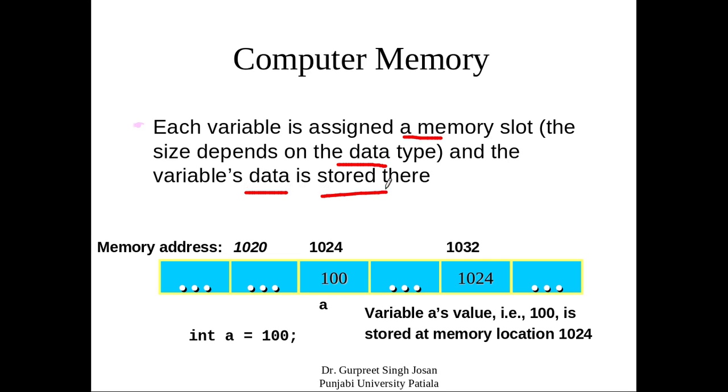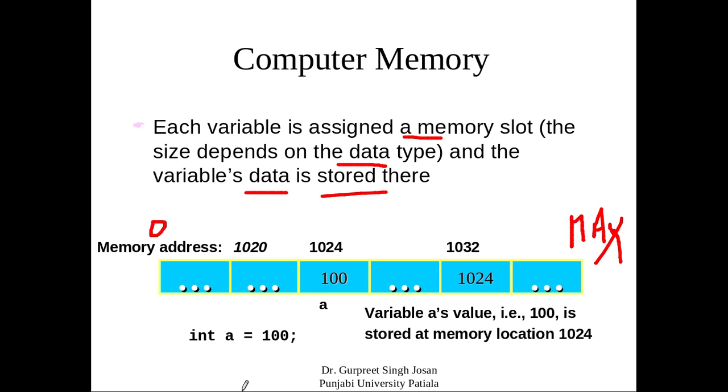data is stored there. For example, we can consider memory as a linear array where we have memory locations that start from 0 and go up to some maximum value that depends upon the amount of RAM that is installed on your system. So whenever I am talking about memory, basically we are talking about the RAM, which is random access memory, and which is the primary memory used whenever we execute a program.